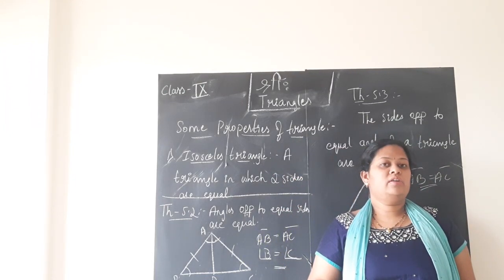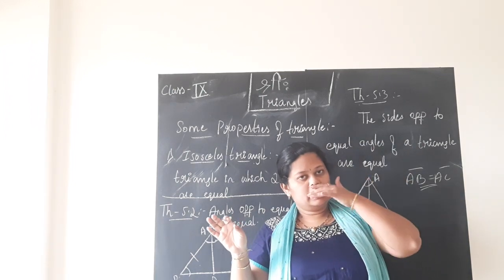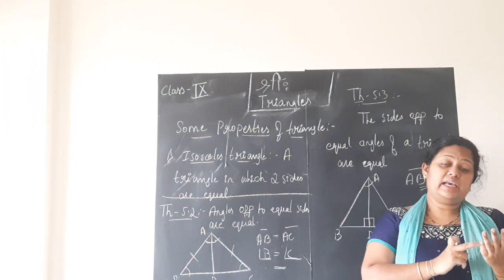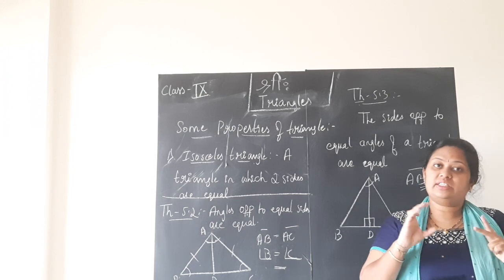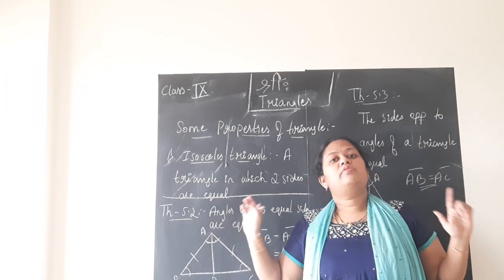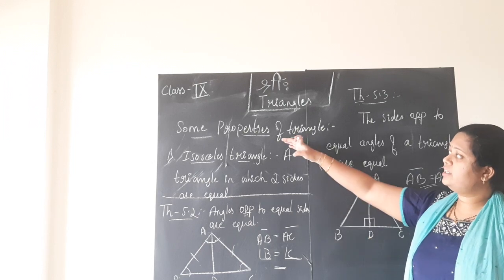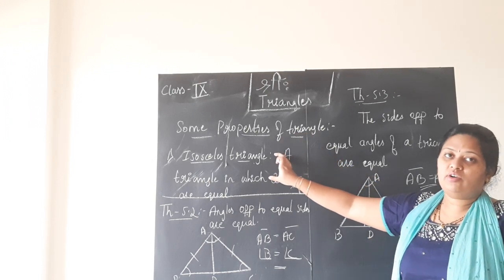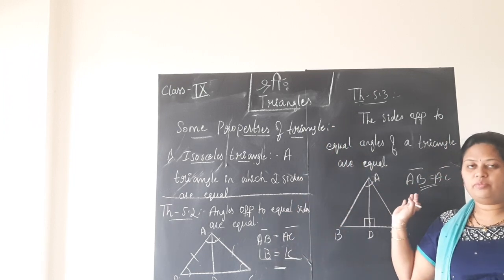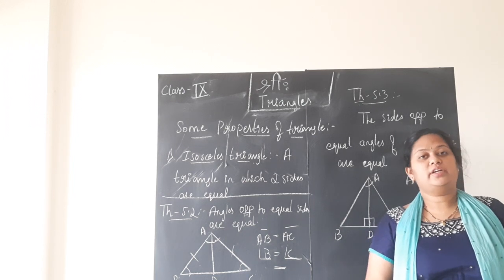One more thing I wanted to tell you, children. Before you start this lesson in your classwork, please write the heading Triangles. Next you will write what ASA congruency and SAS congruency statements are. You will write theorem 5.1 statement and figure. Next you will start with exercise 5.1. After completing exercise 5.1, you will write the heading Some Properties of Triangle, define what an isosceles triangle is, and state theorem 5.2 and 5.3, all this with figure and proof. After this, we shall start with the second exercise, that is exercise 5.2.